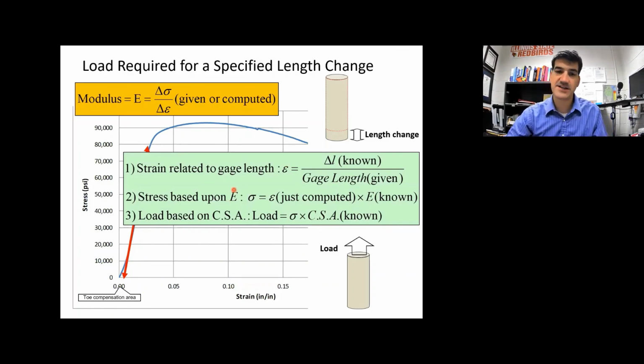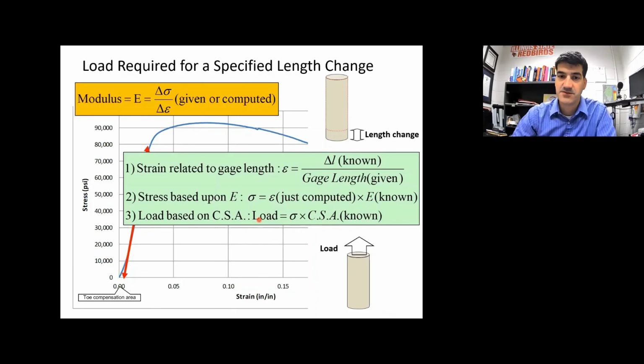We can rearrange the equation a little bit, and we can find what the stress is. So you solve for the stress in this equation up here, and you find that the stress is equal to the strain, which we just calculated, times the elastic modulus, which we calculated initially in the problem. So with that, you can calculate what the stress is. And then lastly, if you know what the stress is and you know what the cross-sectional area is, which you can calculate, if you know the dimension of the part,